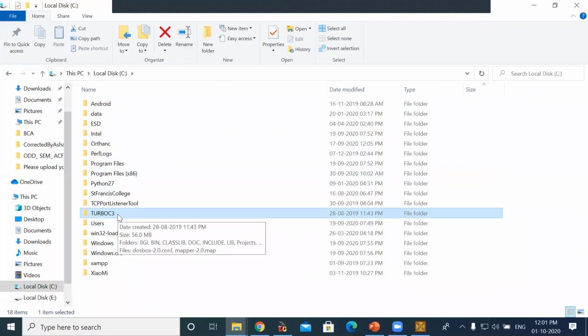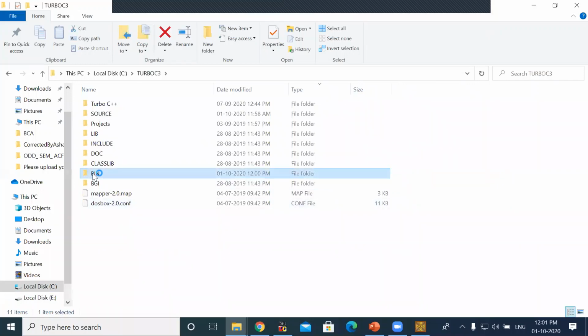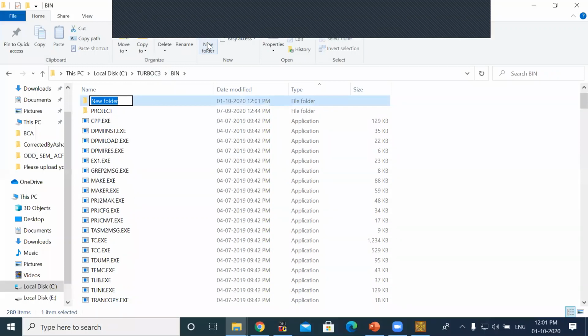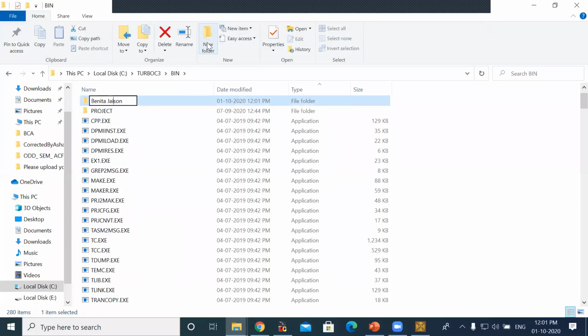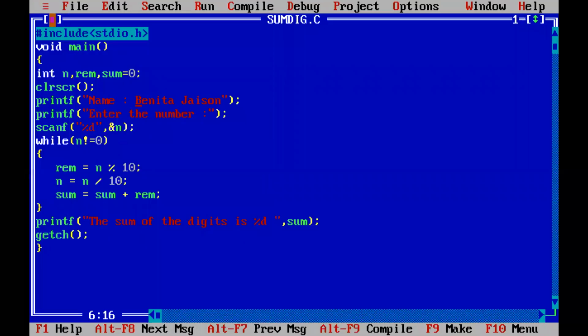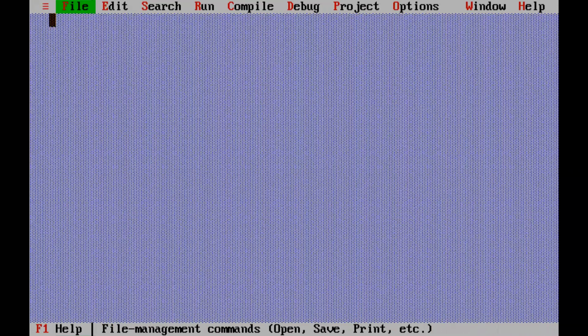In C drive, go to Turbo C, inside bin, and create a folder with your name. If you give just your name, that is enough; a second name is not required. Then after creating the folder, whenever you save or create a new file,